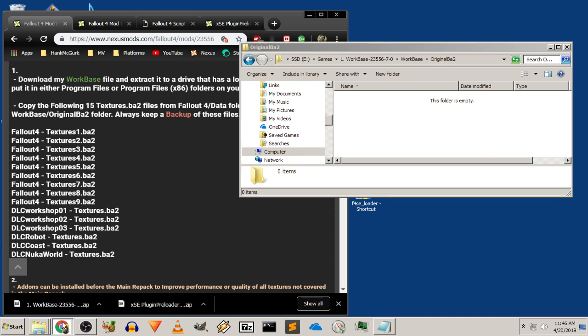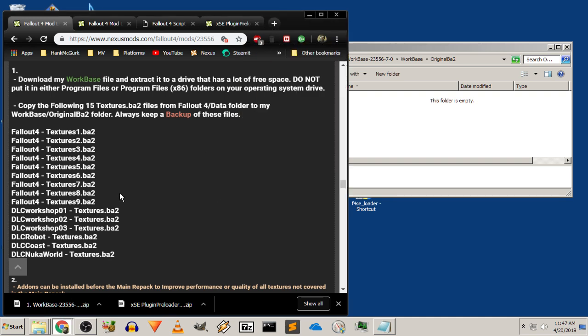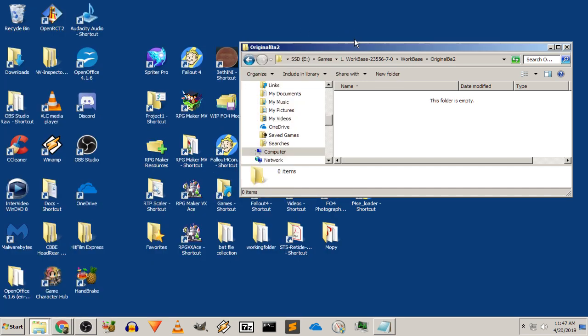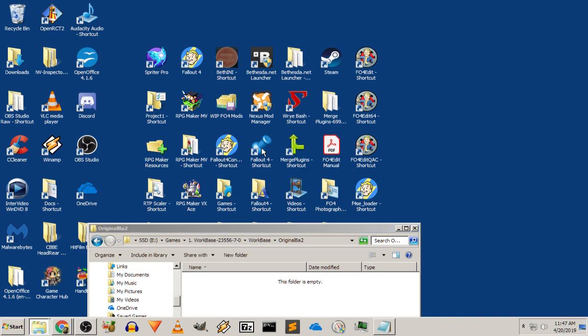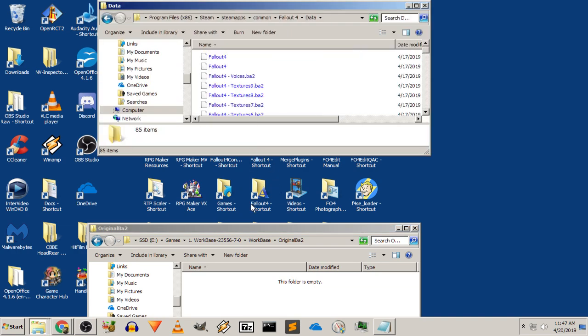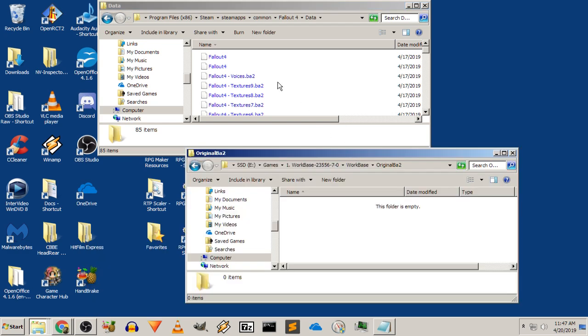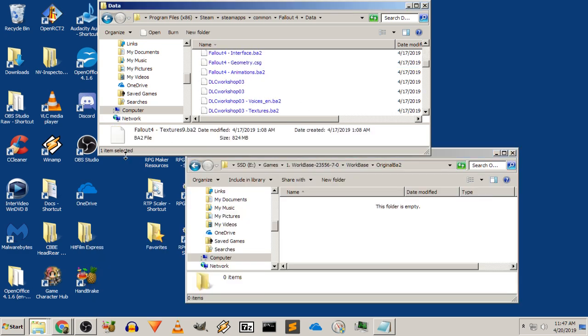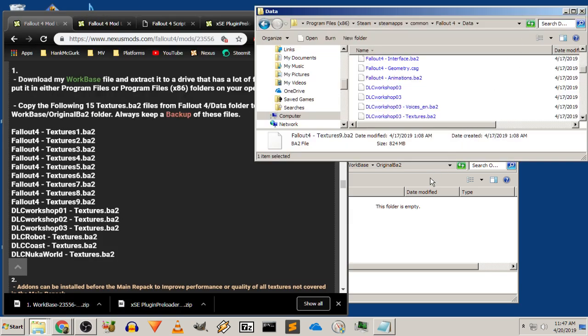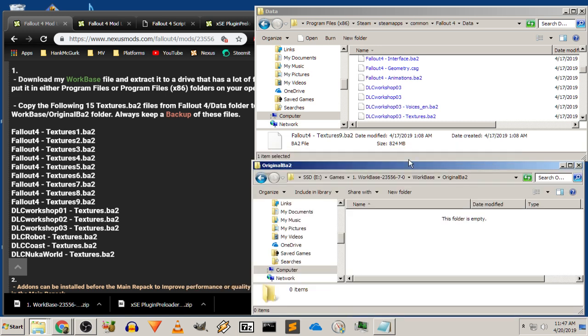And because it takes so long, you've got the backup, and then you can play with them and modify them as you'd like to. So I'm going to go back to my Fallout 4 directory. I'm going to go into data, and I'm going to pull those 15 files, those BA2s. Okay. So he's very specific about what BA2s you need to pull,